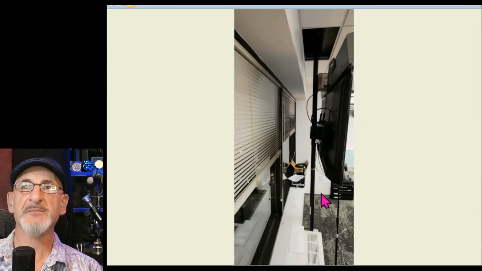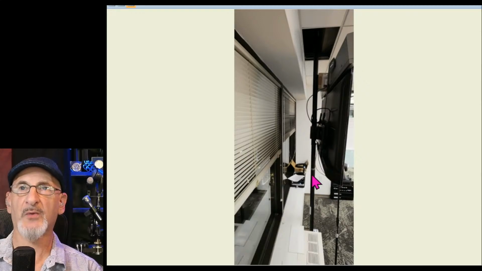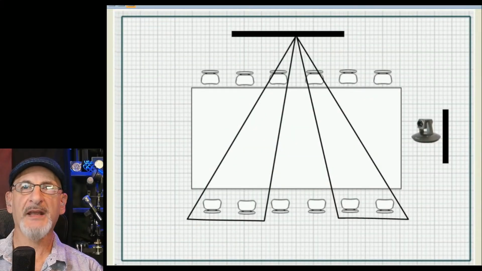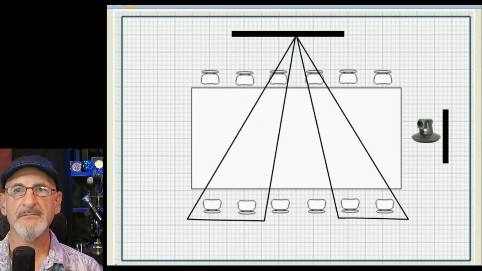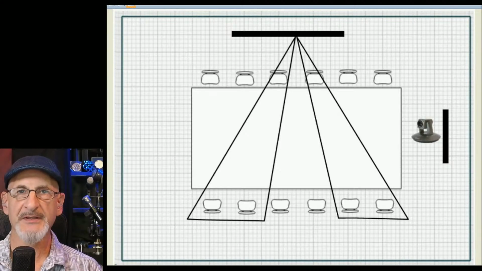It's a 1.5-inch pole, secured to both the floor, which is concrete, and the slab up above, which is concrete. Then I found mounts that I could put this television monitor on. There's a stand here with the camera until I found a way to mount the camera to the pole, which I have since done. But then I used a Nariva soundbar, which is a microphone array and speakers built into